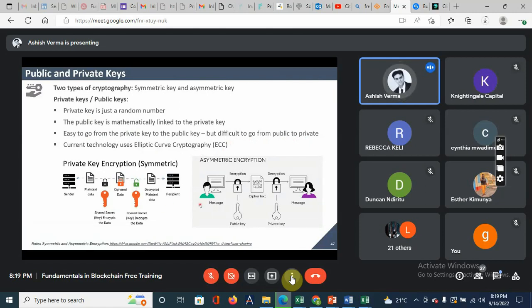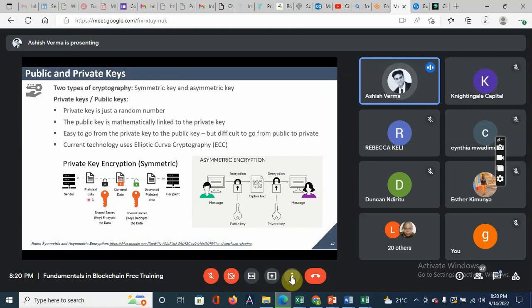These two are examples of symmetric and asymmetric encryption. Let's try to understand the symmetric first, so that the asymmetric will be easy to understand. Whenever we use symmetric cryptography, we use the same key to encrypt and decrypt the data. Let's take an example. I am the sender, and I have some plain text data which I want to send to the receiver. I take this data and encrypt it with my shared secret key here. Then the data is locked. Once it reaches the recipient, he uses the same key to decrypt the data.